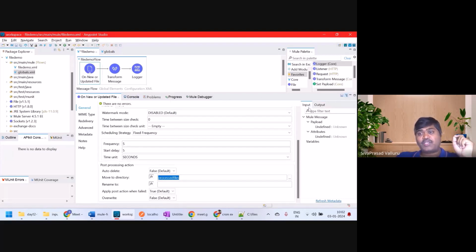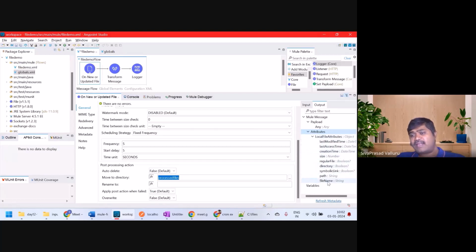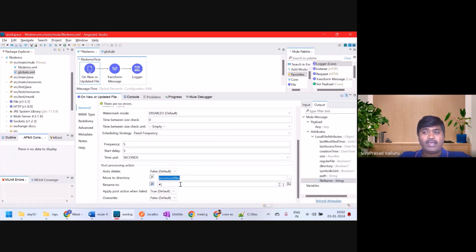If I select input, it shows the input metadata. If I select output, it shows the output metadata. In the output metadata, see, the attributes is of type local file attributes. Inside that is a file name. So I can write an expression for rename to: attributes dot fileName